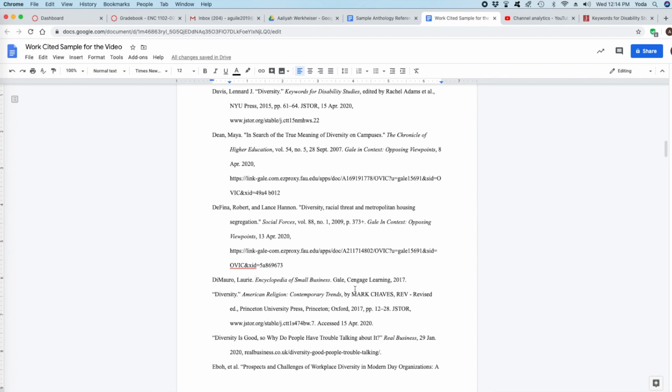Now the thing is, right here, I can tell that it is actually not the physical copy of the Encyclopedia of Small Business. It's actually from Gale. See right here in the Sentence Learning? So obviously we have a problem. There's no website, there's no access date, there's nothing, and there's no article name. This is so vague that it is bordering right on the edge of plagiarism.